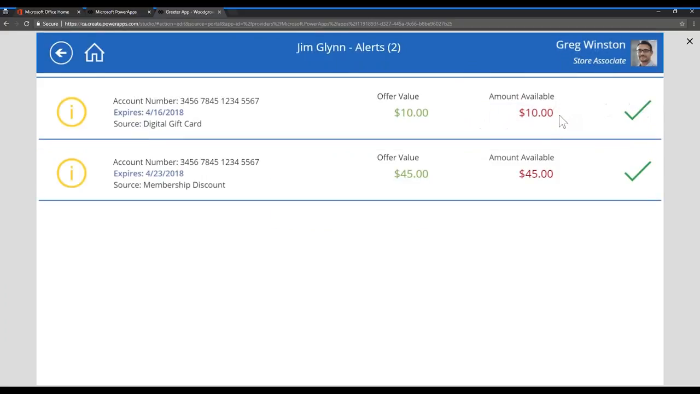If I click on this icon here, it shows me the alerts. Here we have two alerts for a digital gift card that Jim is entitled to. We see that he's also entitled to a membership discount. So if he's interested in buying something that day, Greg, as a store associate, can let him know,